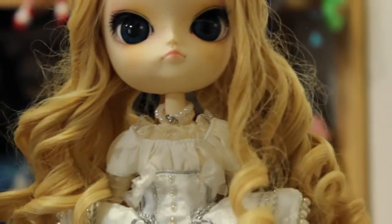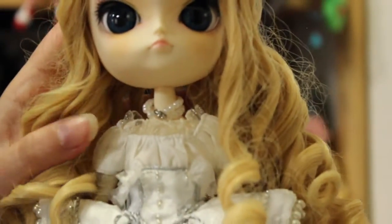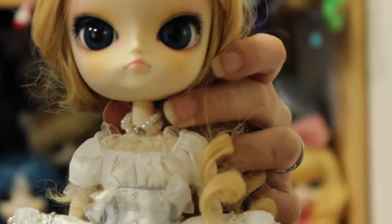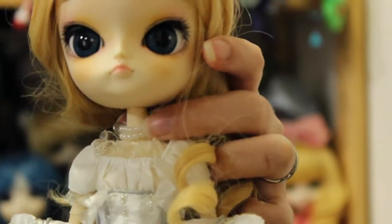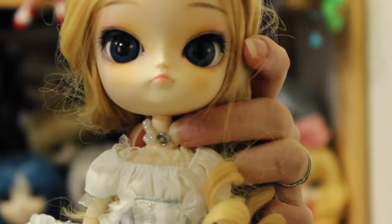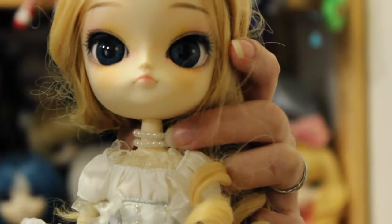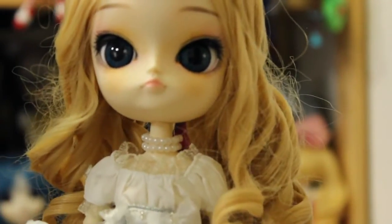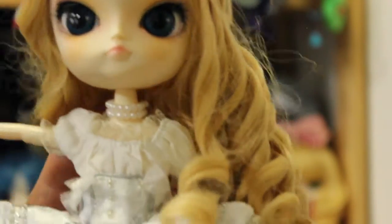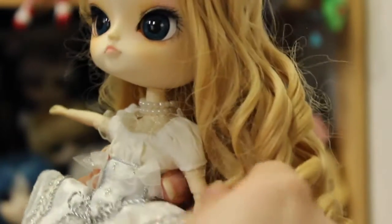So this doll is wearing a nicely elaborated outfit. First she is wearing this little pearl necklace, which is probably going to be like that. This part is actually the clip button that is attached to it, so you can probably remove it easily. Then she is wearing this big dress, and the under part of this